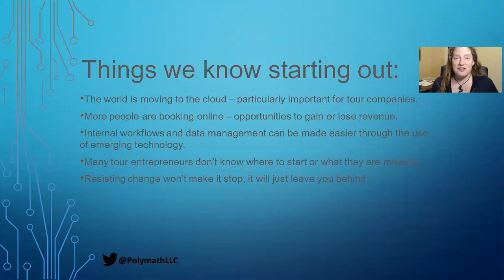So as far as the booking reservations, more and more people are booking online, and that can pose opportunities to both gain and lose revenue. You can get more bookings if you've got a solution on your website for people to book online, and sometimes the online travel agencies, those kinds of things, when they're taking their cut, can pose some opportunities for revenue loss. So we want to make sure that you have a good handle on what's working and what's not. What is the cost-benefit analysis of each of these choices so that you can make educated business decisions?